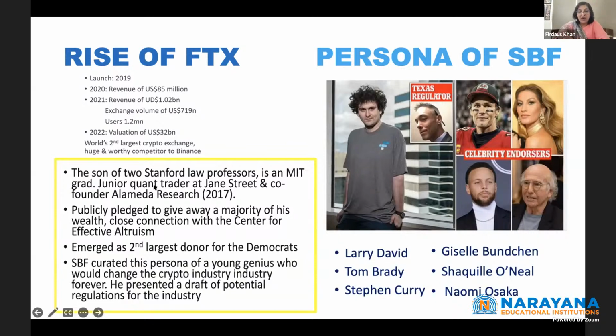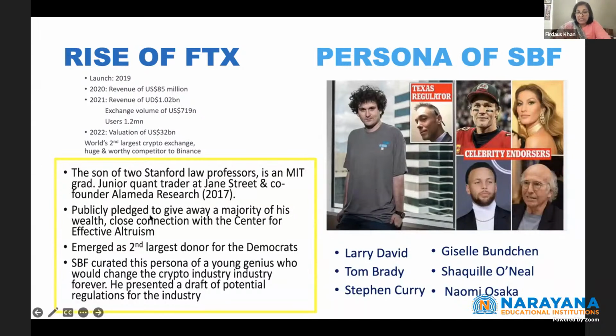He is the son of two law professors. He's an MIT graduate, and he has a little bit of experience as a quant trader. Then he founded Alameda Research in 2017. As the exchange grew larger and larger, he became a very visible, popular personality. The way he presents himself is like some eccentric genius,